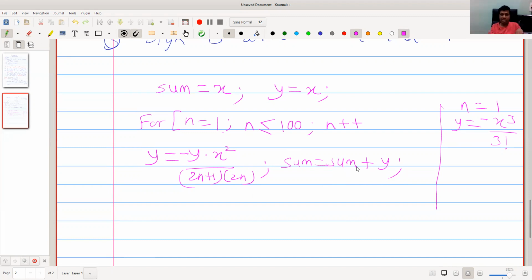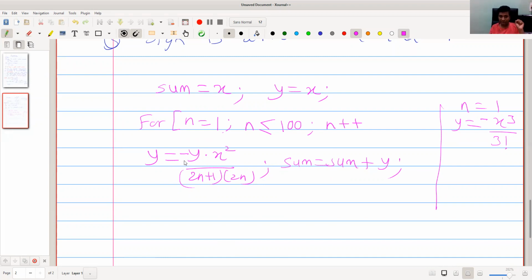Remember that this is not an equality thing. So y equal to minus y into x square divided by 2n plus 1 into 2n is not an equality between y and y. So what this means is, when we are writing a program, if I'm writing equal to, I'm assigning the right hand side value to the left hand side value.